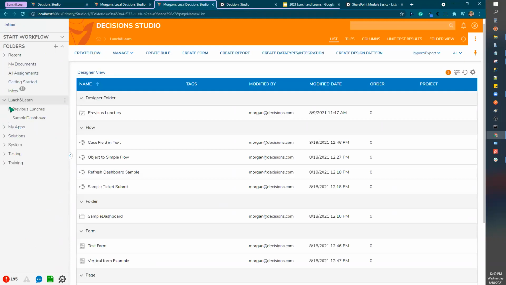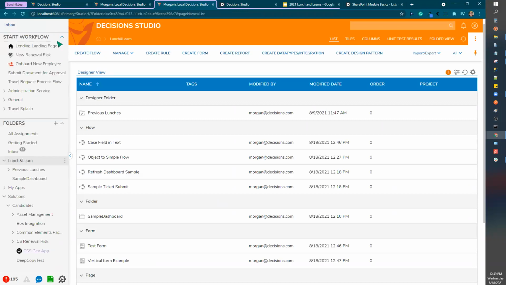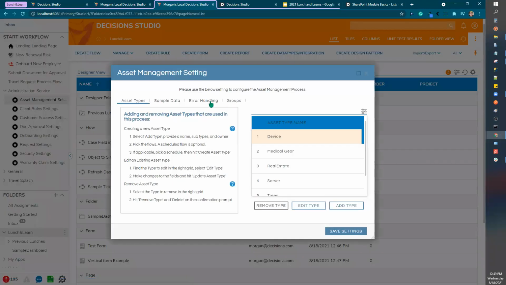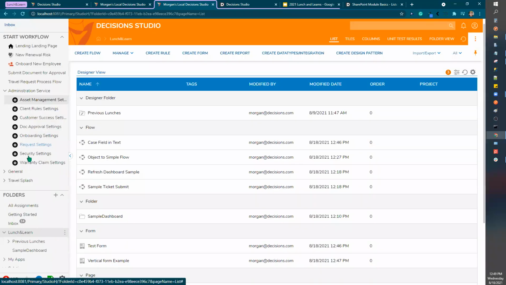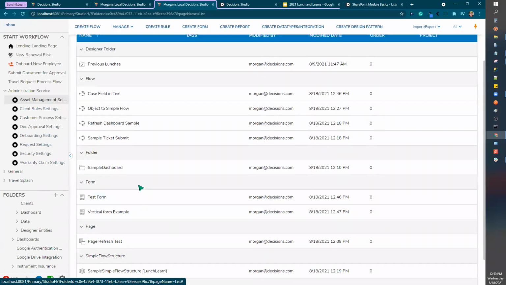So for hiding and showing one, I should have it on all of my candidate flows. So I'm just going to go and kick off one of our configuration settings flow. Let's look at asset management and error handling. We've got that hiding and showing there. Doesn't get too much bigger though. I guess we'll make one for us. So let's actually make our